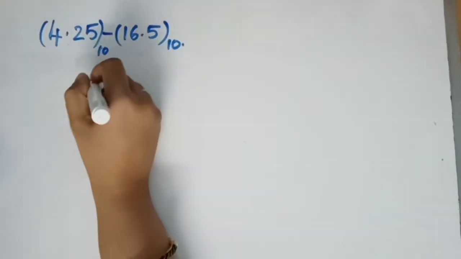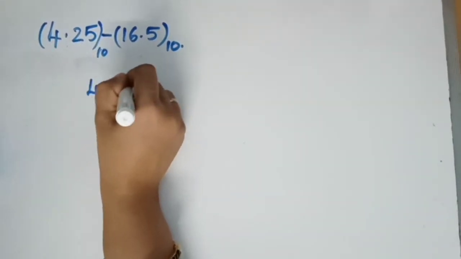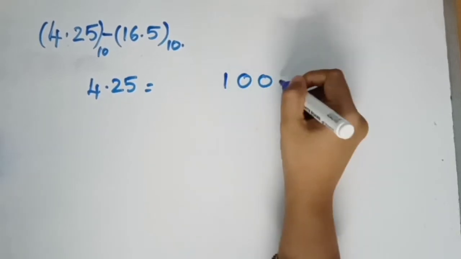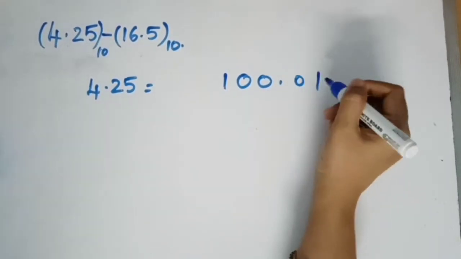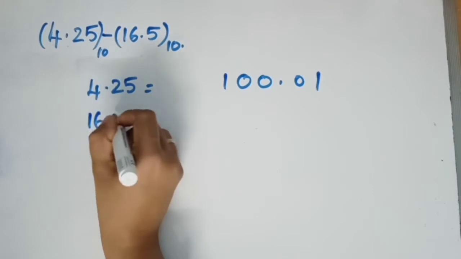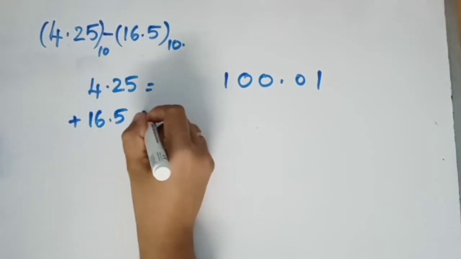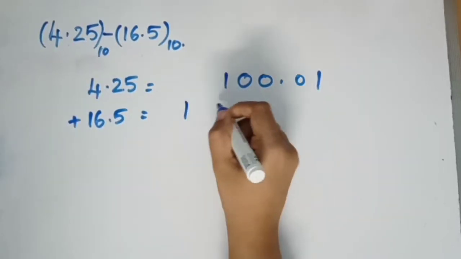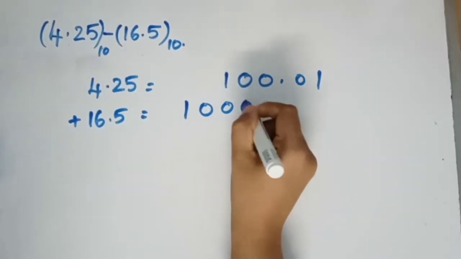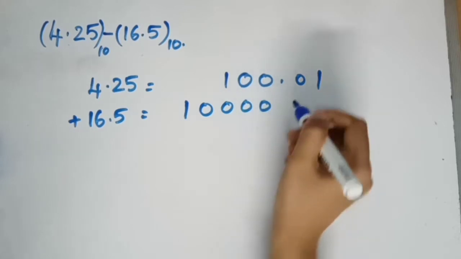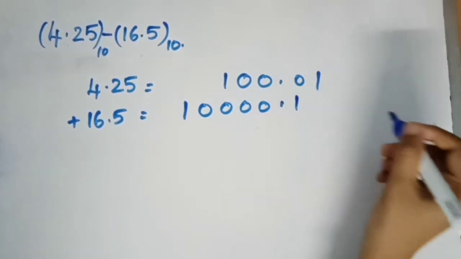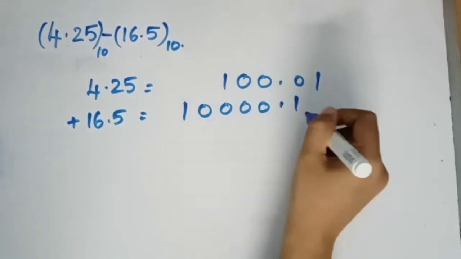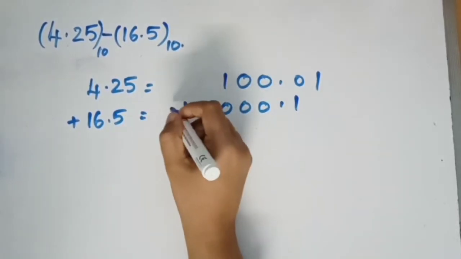So again, 4.25 is positive, so that will be 100.01, and 16.5 will be 0.5. So by appending the zeros, this is the largest number of the two, so we'll be putting